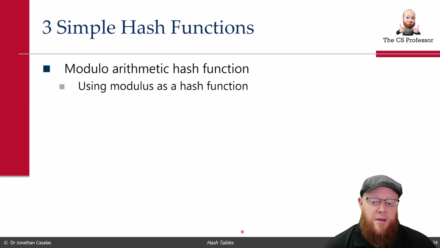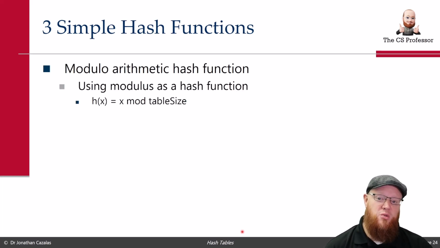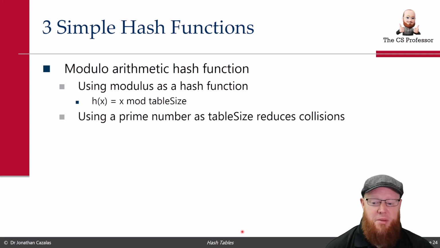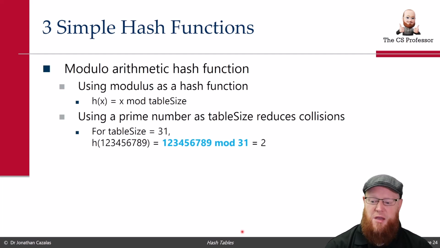We could also use mod. Mod is probably one of the better uses here to come up with a great hash function. If you just take your key and you mod it by the table size, and it's been proven that when we use a prime number as our table size, we will reduce collisions. So for example, if you have a table size of 31, you only have 31 students, simply take that key, mod it by 31, you get 2 as the remainder, right? So if you divide by 31, 2 would be your remainder,